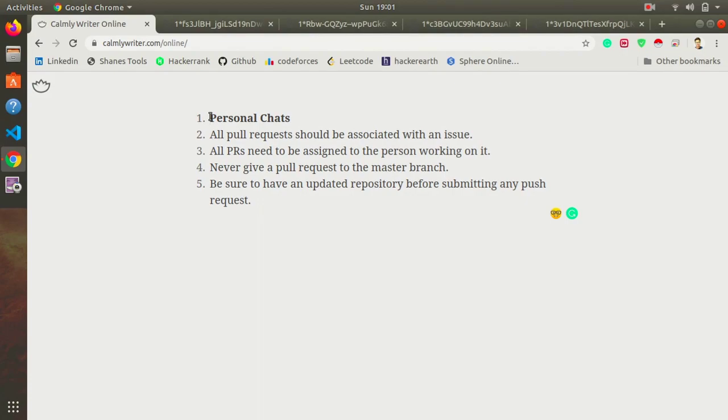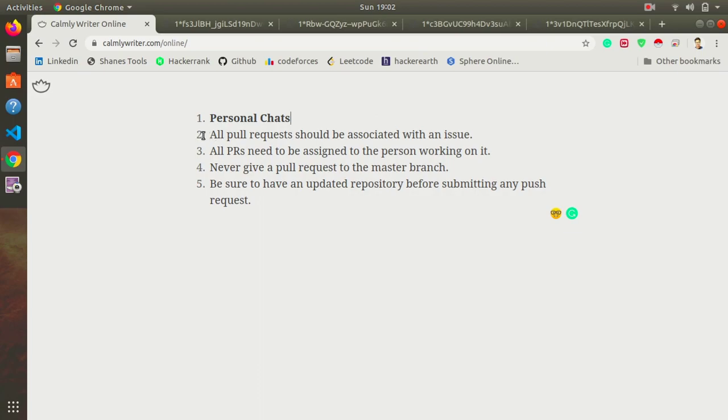Most of the times I have seen that new contributors prefer private chat rather than using public chat rooms. Hence it becomes very hectic for the mentor to give individual replies. Also it becomes a repetitive task if the same query is raised by other developers while using personal chat. Therefore it is advised to use public chat rooms. So this covers our first point, personal chat.